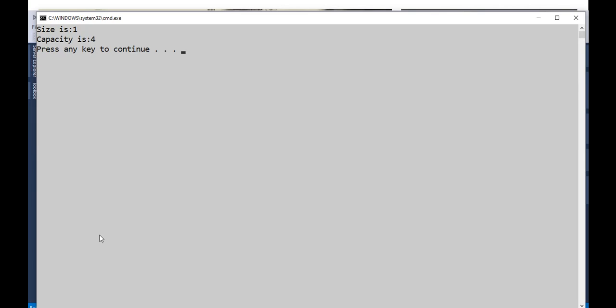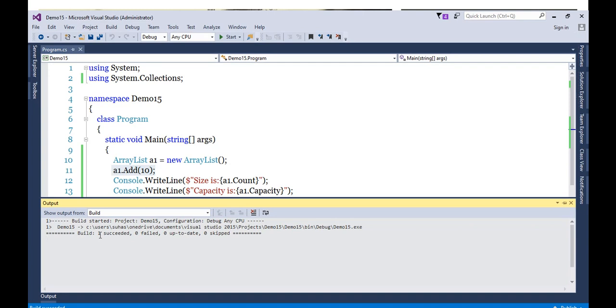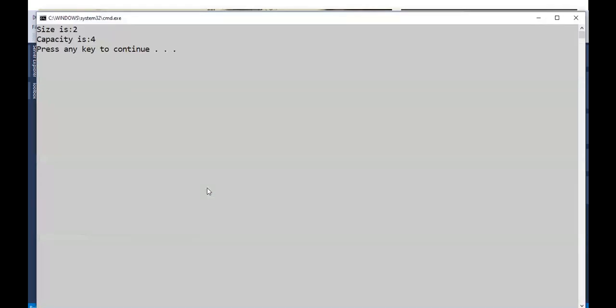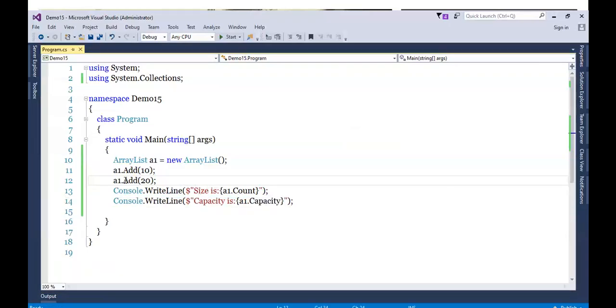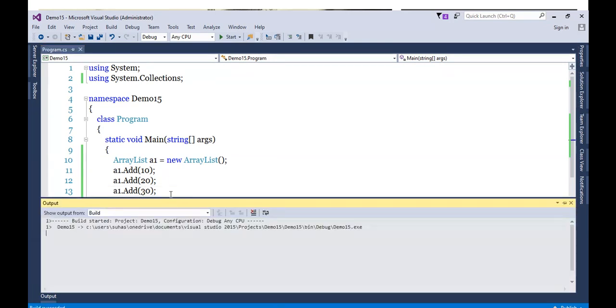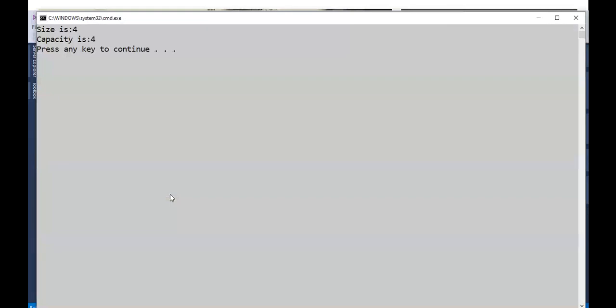Until 4 elements, the capacity will remain 4. Now the size is 2, capacity is 4. Like this. So let's add 4 elements now. Let's run. Watch. Both are 4.